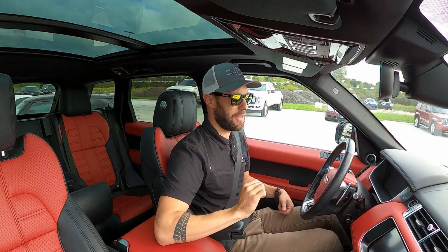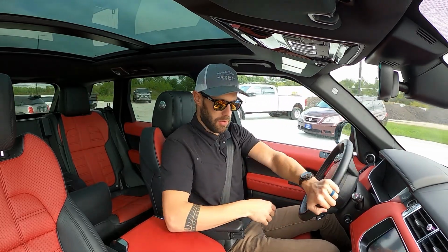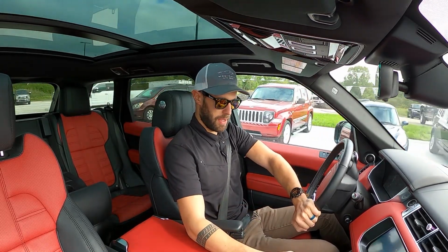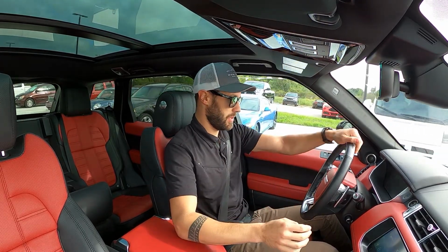Oh, this might be more fun than I thought. Let's get this thing on the road. The little shifter on it is something to get used to. You have to pull a little button in the back of it. It's kind of like the BMW typical European thing. Wow, this is a beautiful...